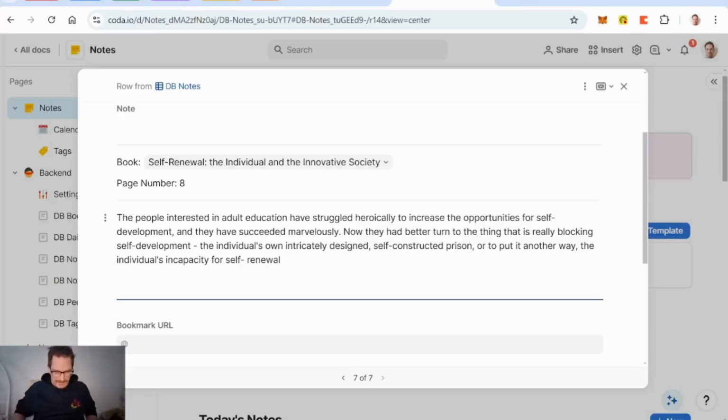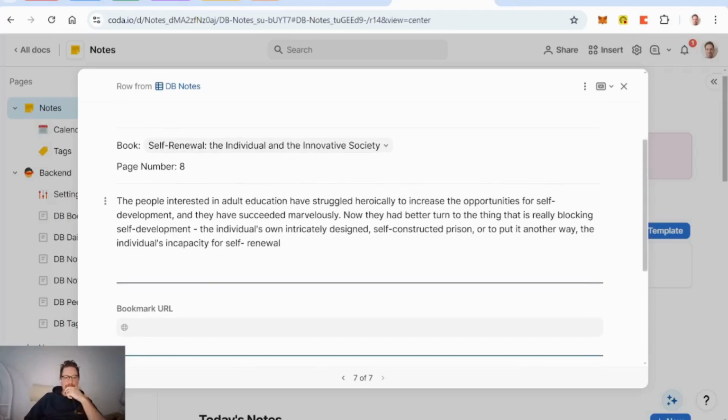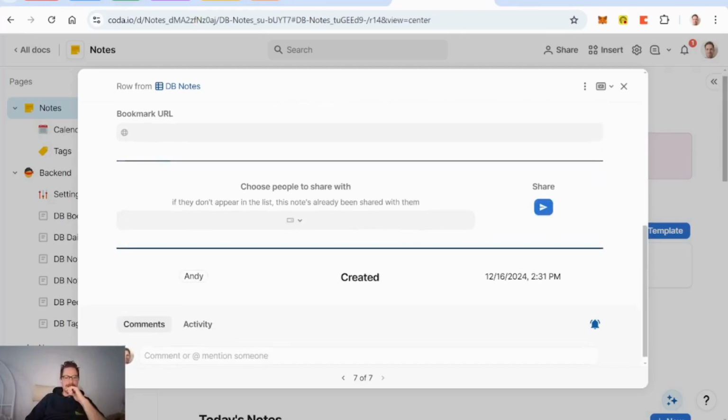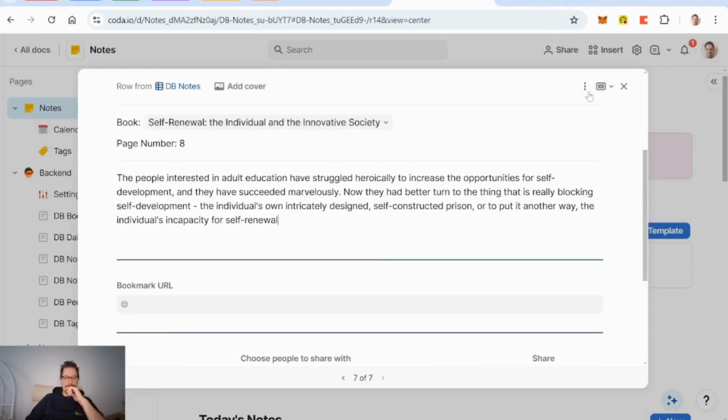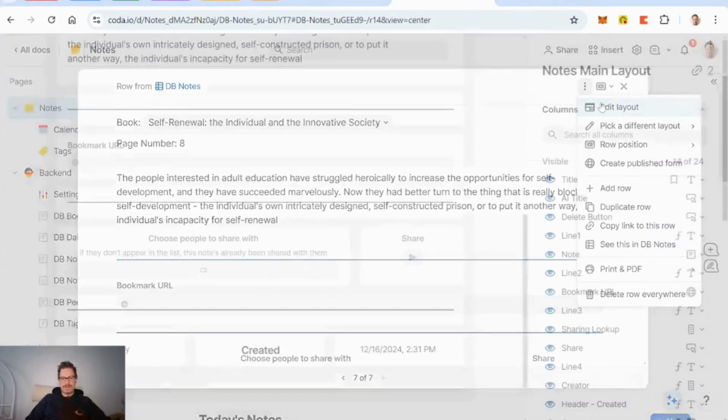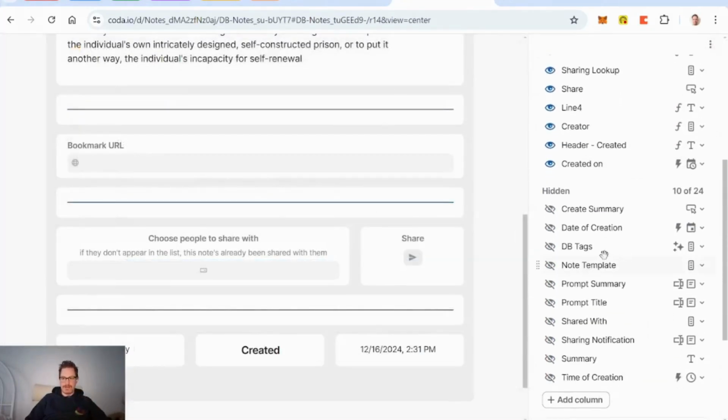So I need this way to quickly turn, like if I want to quickly turn education into a tag. Yep. Self-development, self-renewal. What's the fastest way for me to be able to create tags? I mean, I guess it would be the tags column, right? Like if I just add the